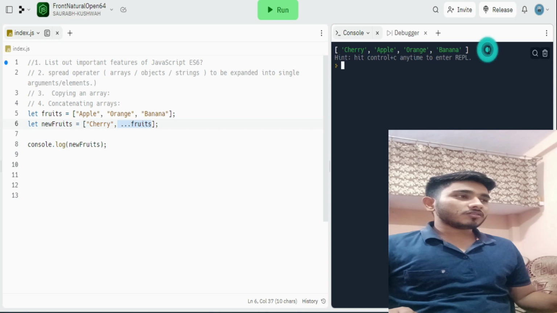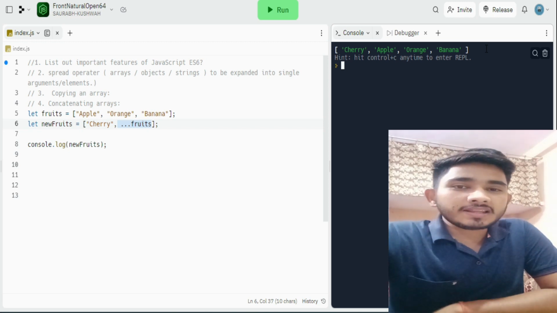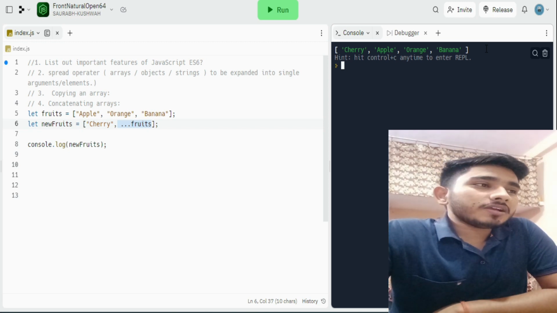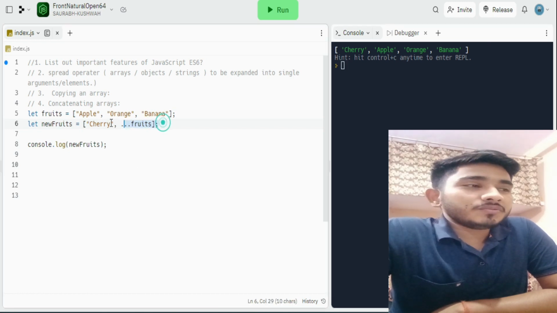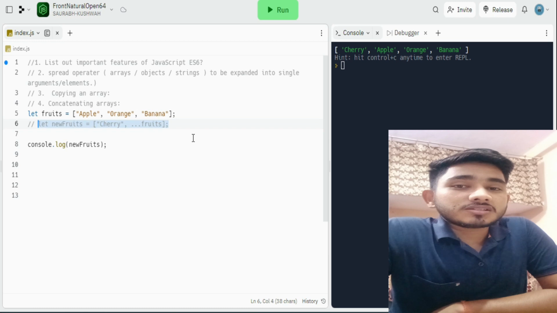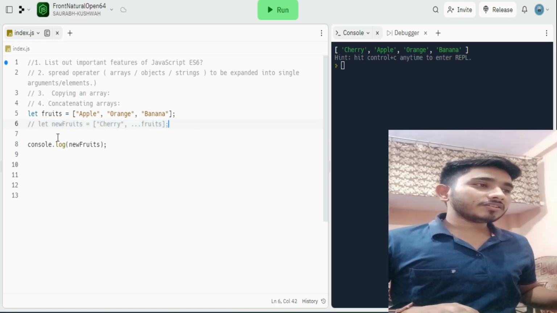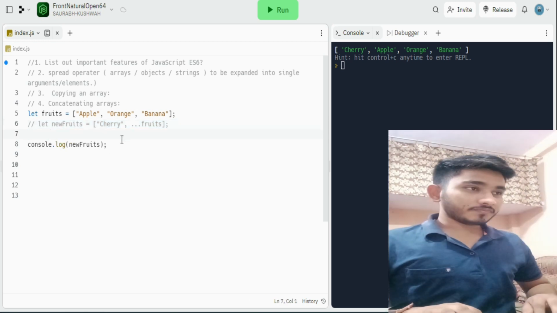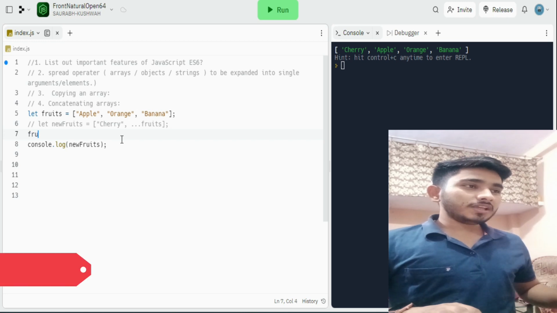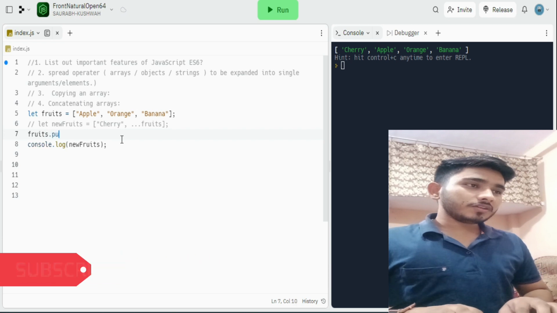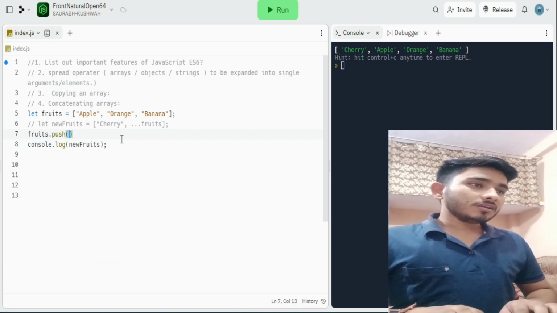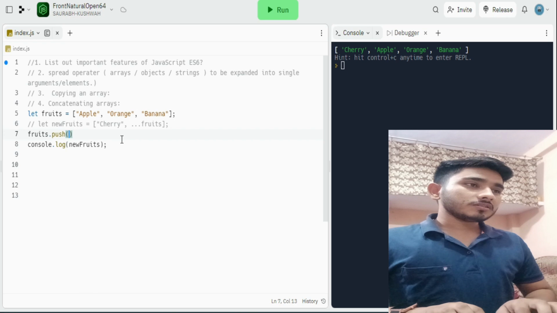Let's see this output. Now you can see that we are adding one additional new fruit inside the array. So how can we add it? Before that, let's suppose we need to add it, so we use array dot push. How can we do that? Then what is another method here? Let's suppose we have to add it at the initial point, right? So how can we add fruits dot